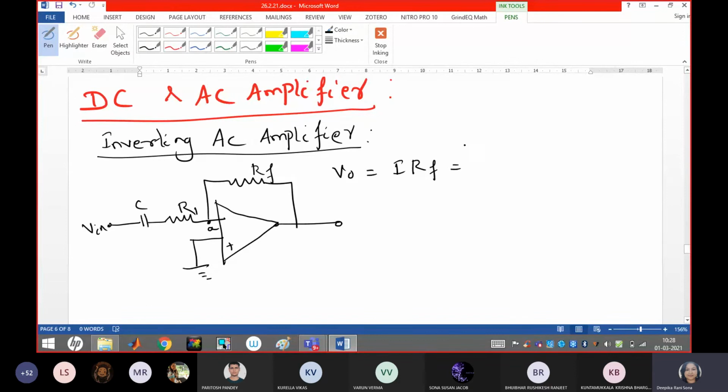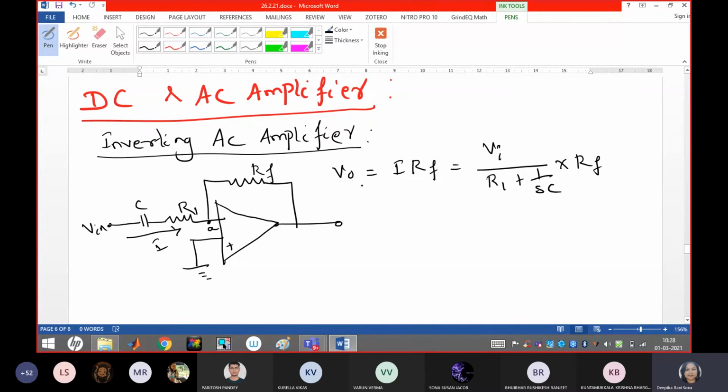So how can I represent my I first, guys, because we have the capacitor here. Now remember the first AC characteristic, the frequency response we studied. If I write down the I value in this arm, what should it be? I equal to V by R, right? So here we have to write the I value in this C arm. What should be the value? Vi by R1 plus 1 by SC. Yes or no? Or did you forget? In the first class I explained about the AC characteristic, right?